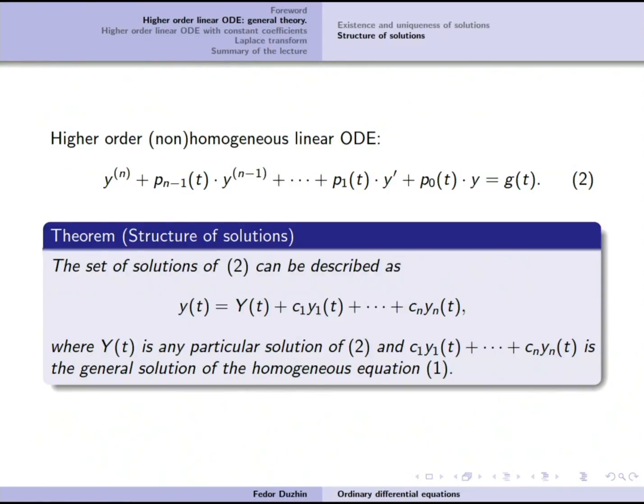And of course, pretty much like for second order differential equations, if our differential equation is not homogeneous, if there is a right hand side present, then the set of all solutions of this can be described as some particular solution plus the general solution